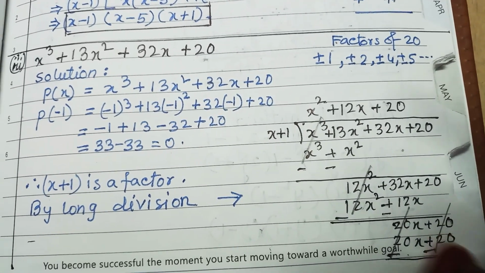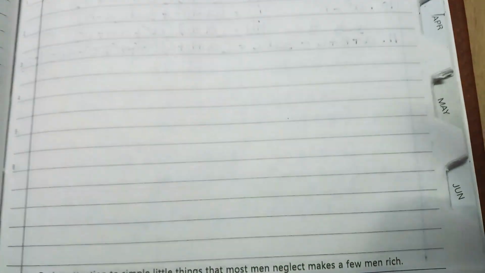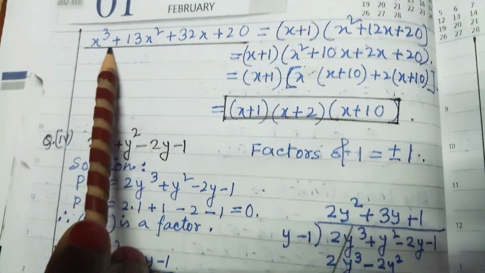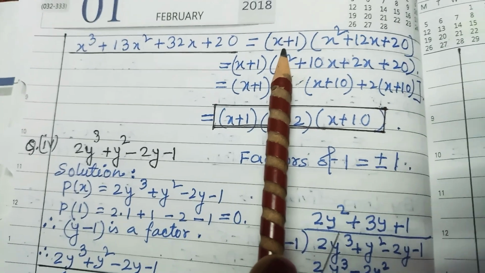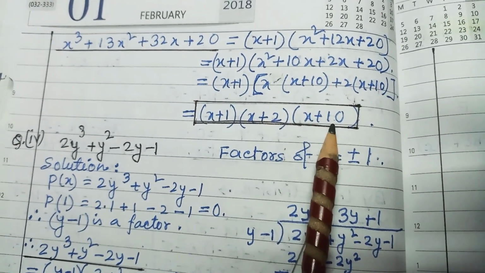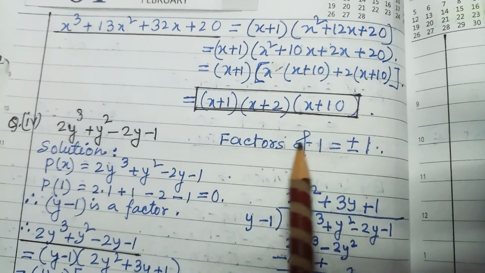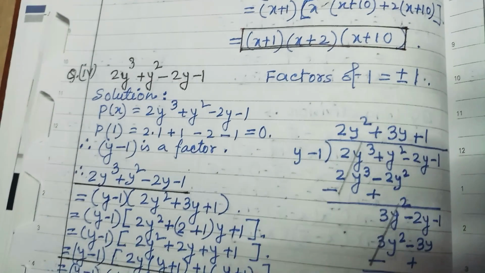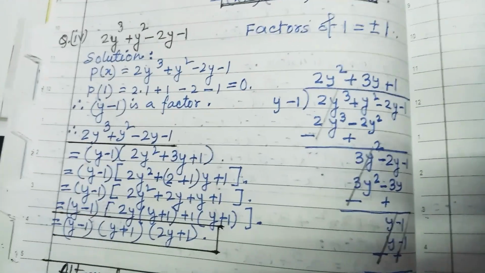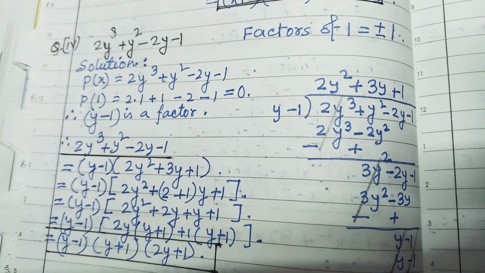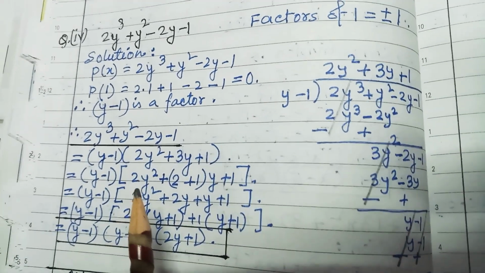Again by long division we have got the dividend equal to divisor into quotient. The quotient you factorize by middle term splitting. Okay. Now it is coming, this is the factor. Next is also the same type of question, and it is the last one. Its alternate method is the same as the first one. Its alternate method also you can do.